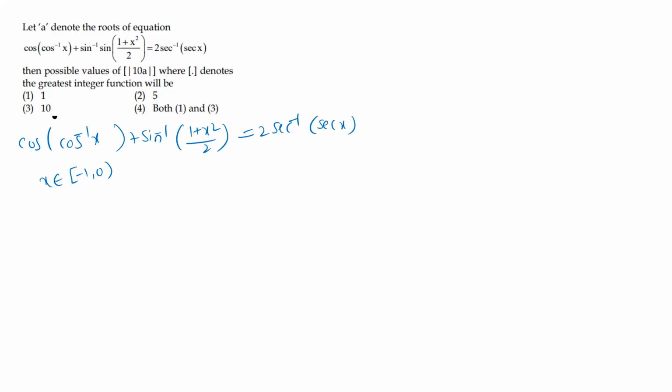From -1 to 0, here the cos inverse, what value are we taking for the negative side also? Now, what is the value you get in this case? For negative angles, cos inverse of cos x, generally what you will take in that case is pi minus x. That's why it is pi minus x. And here, since x square is there, no changes. The sin inverse of sin, so sin inverse of sin whole square. Positive is there, that's why for negative also no changes.